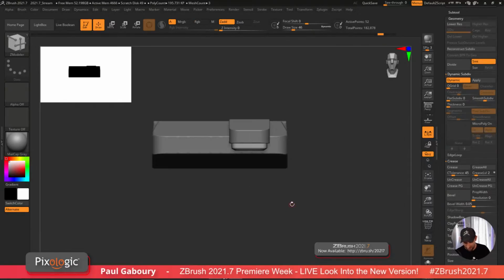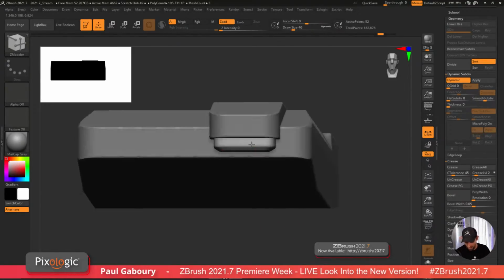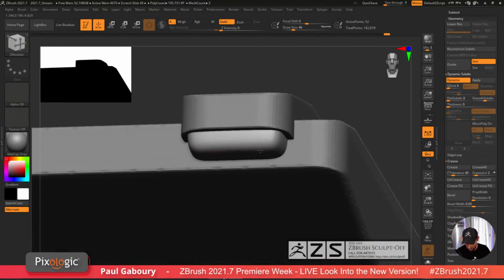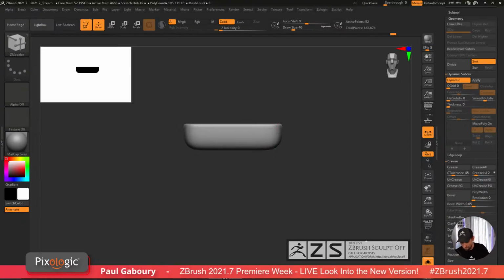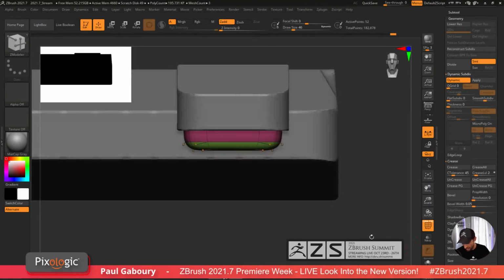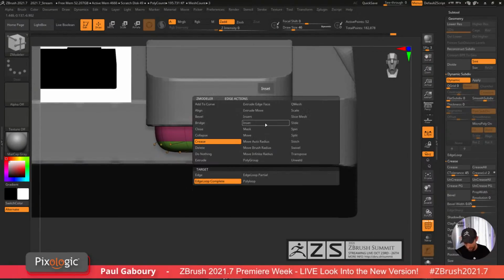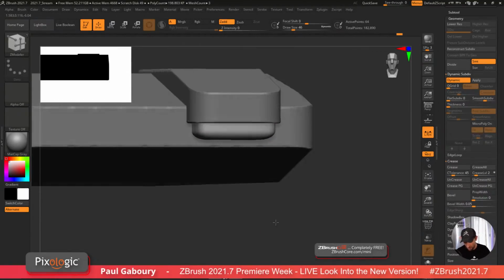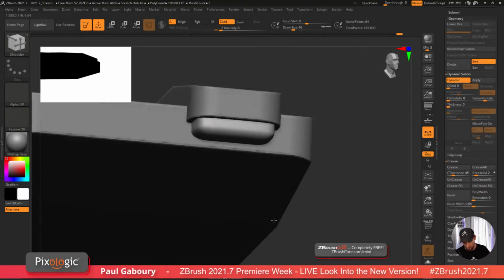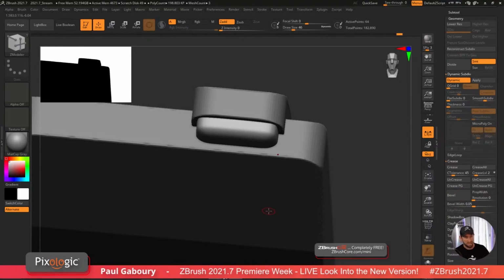Okay, so I think I still like the roundness. And because of the edge loops that I have right now, there's literally one big face right here. I'm going to add another edge loop in here. So I'm going to go insert and add an edge loop just to make this shape a little bit more. Now, one thing that you guys also may not know,